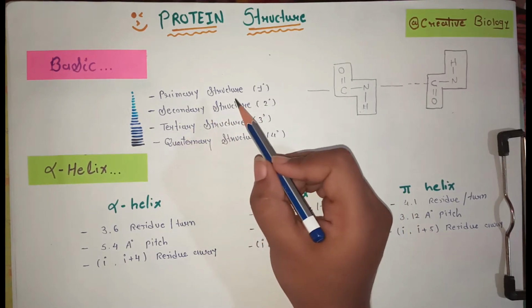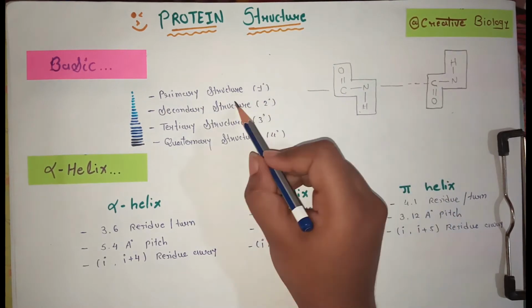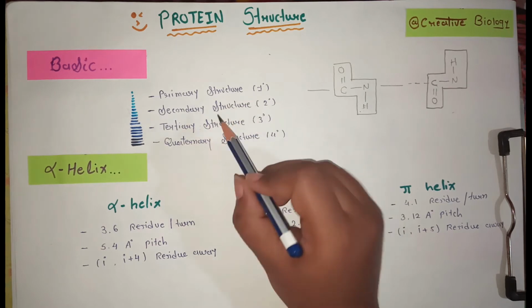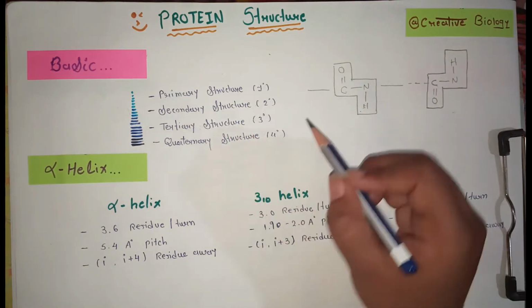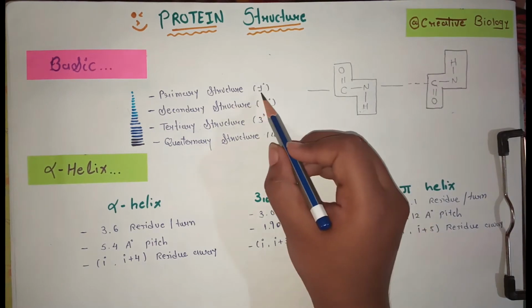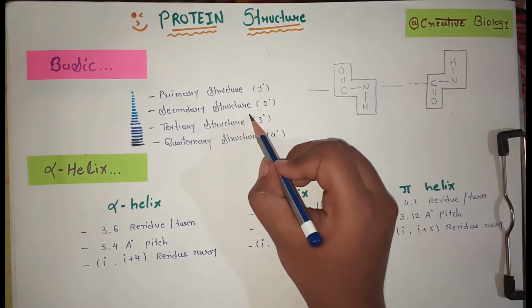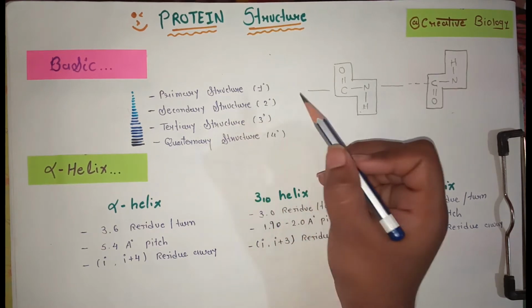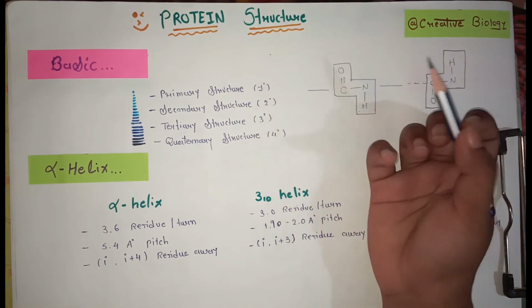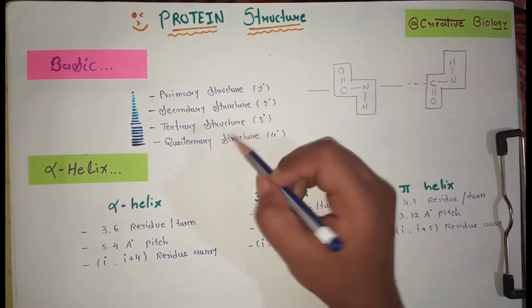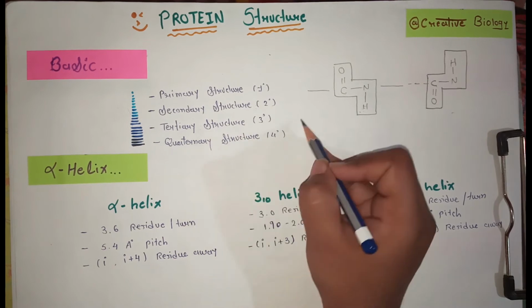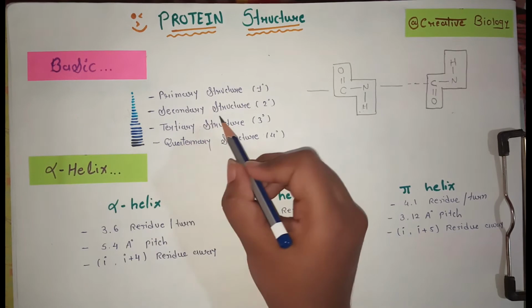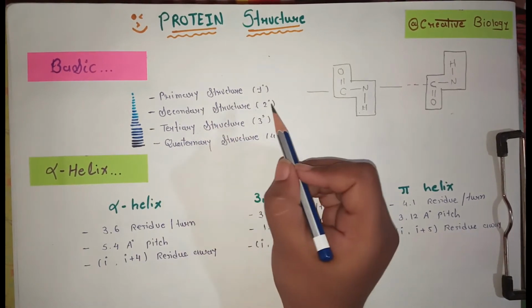So what is the primary structure? I already discussed it in our last video, right? The primary structure is only a long polypeptide chain attached with peptide bonds. So that's all about it. And now, what is the secondary structure and what does it include? The secondary structure includes the helical structures, beta pleated sheets, or we can say turns and coil-like structures. In this video we are going to discuss all about the helical structure of the secondary structure of protein.